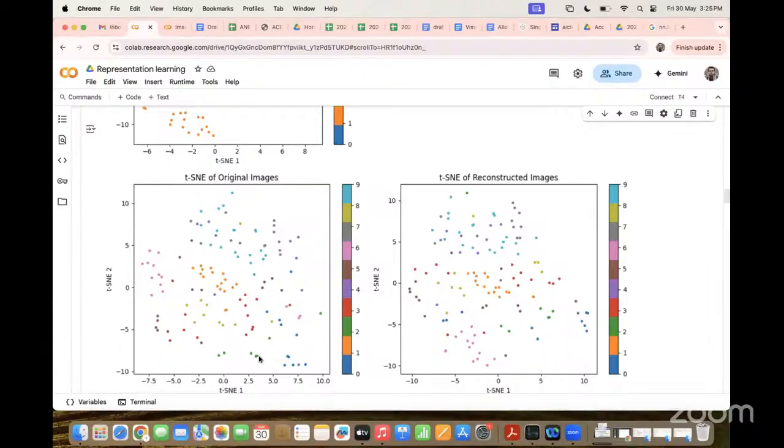Sir, what exactly is representation learning in this? Because we are visualizing the input of the encoder and then the reconstructed output of the decoder. So what is the representation in this? It's a compact representation, the latent. The latent dimension, the vector that we are using in between.